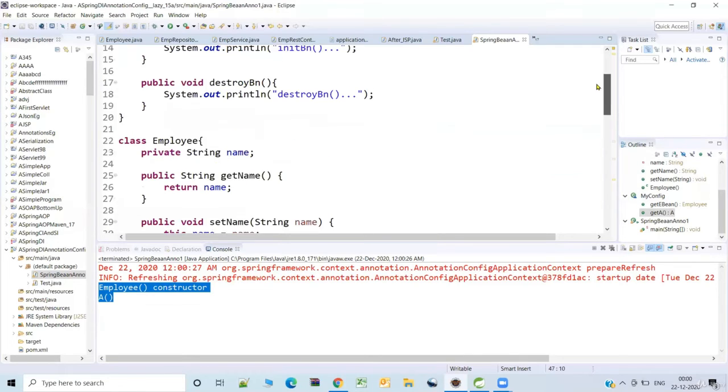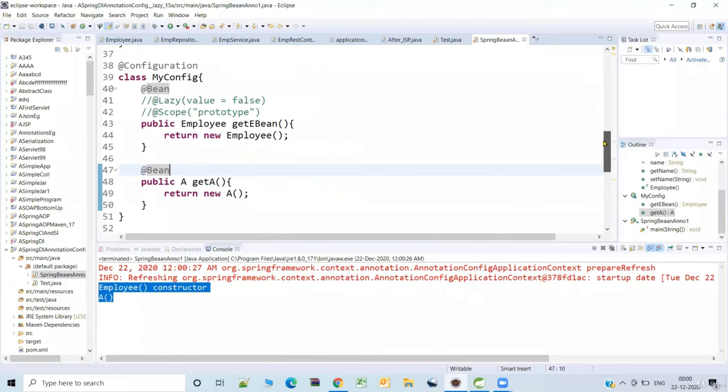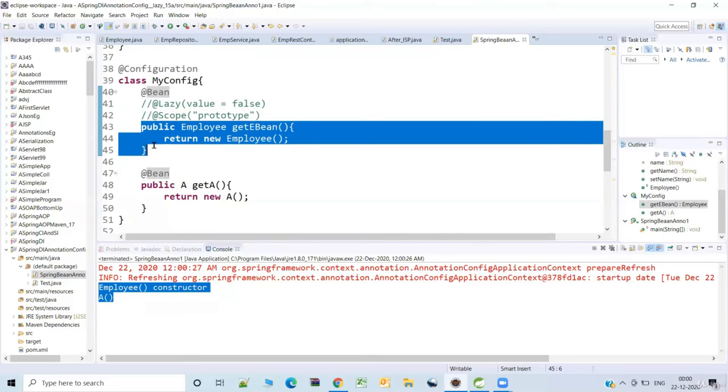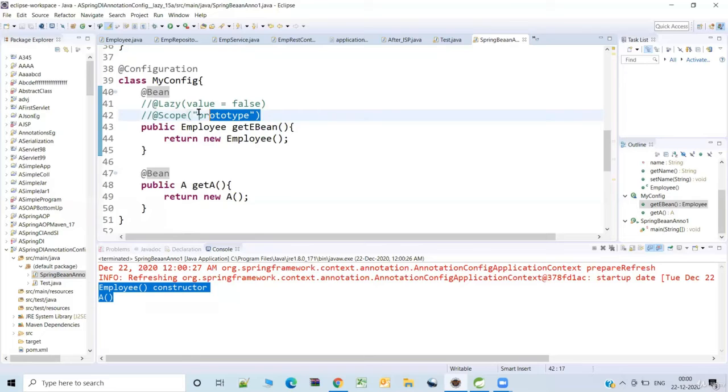So here we have used @Scope basically to specify the scope of the bean. By default, the scope is singleton, as known. If you want to change it for any reason, either in the case of lazy loading or non-lazy loading, you can specify @Scope prototype. By default it is singleton, and we have others like session and so on. Those are used for web-based applications, so we'll explore that when we see the web-based application.